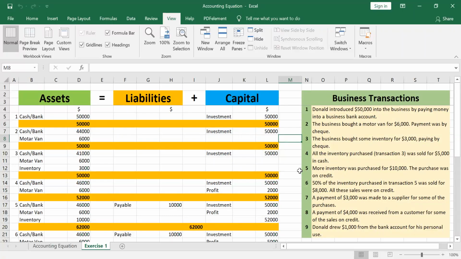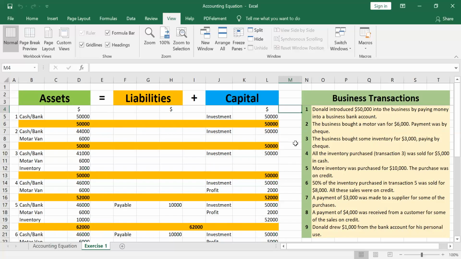So you have 9 transactions right in front of you on the right hand side of the screen. These are the 9 business transactions, and hopefully you can see it clearly, and we'll be putting that in the accounting equation. I'm using the Excel file to elaborate the concept because that makes it easier for me to describe. The first transaction which we are going to do is Donald introduced 50,000 into the business by paying money into